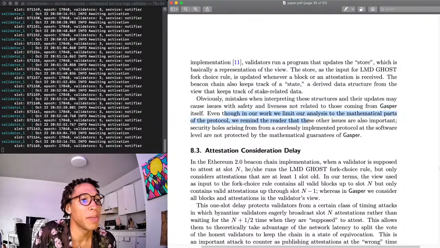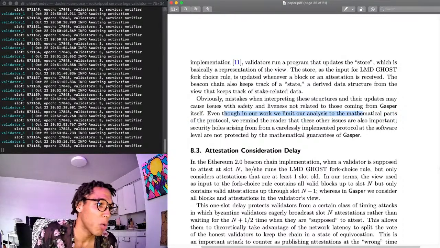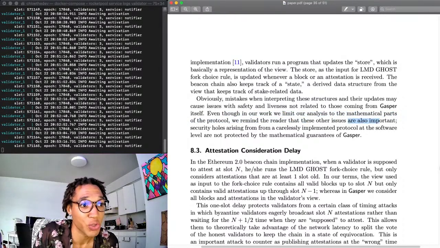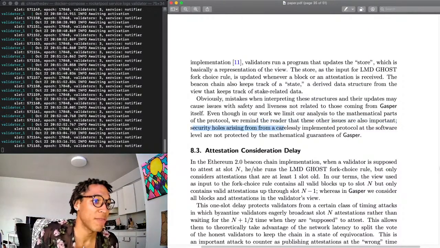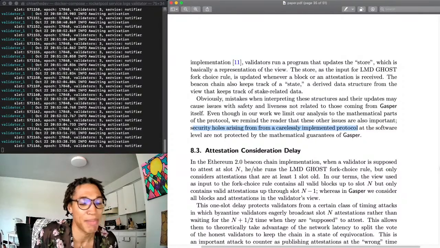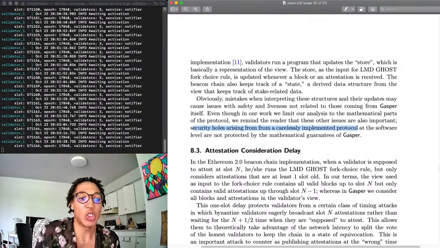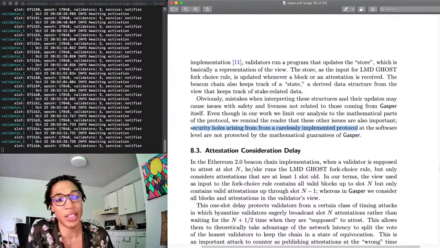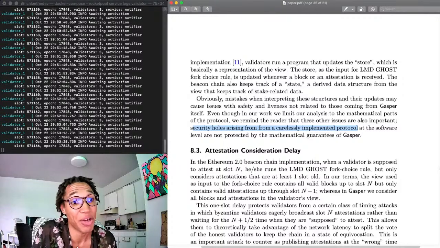Even though in our work we limit our analysis to the mathematical parts of the protocol, we remind the reader that these other issues are also important. Security holes arising from a carelessly implemented protocol at the software level are not protected by the mathematical guarantees of GASPER. So for example, let's say in Madasha, you have some mathematical guarantee about safety and liveliness and justification and